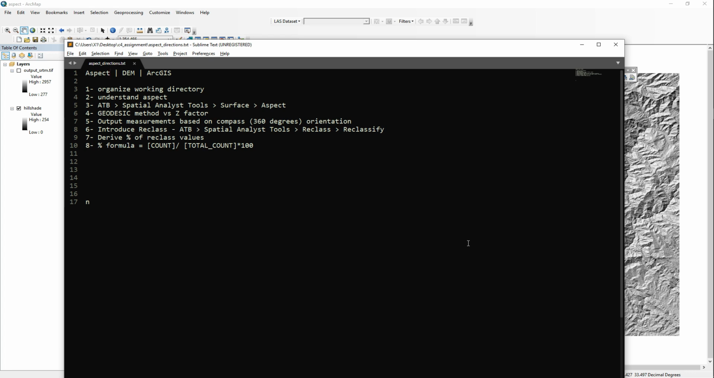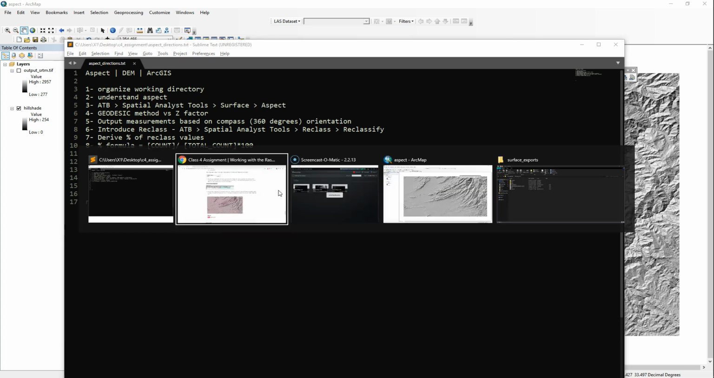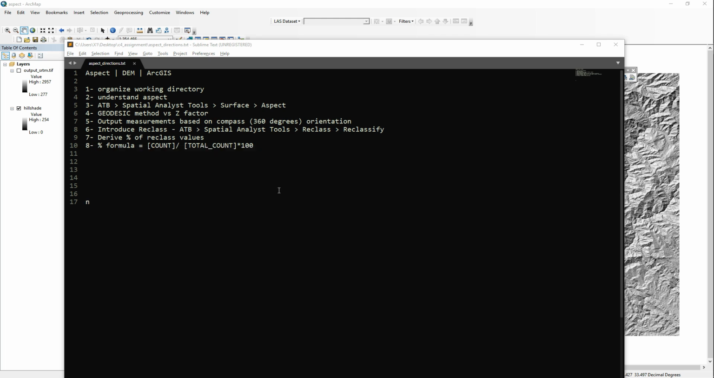We're going to derive a percent of the reclass values, so we know of the full data set, what's the percentage of our particular reclass, and then we'll express that in the legend. Okay, so about 8 steps here. So to get started, let's go ahead and just take a look at our